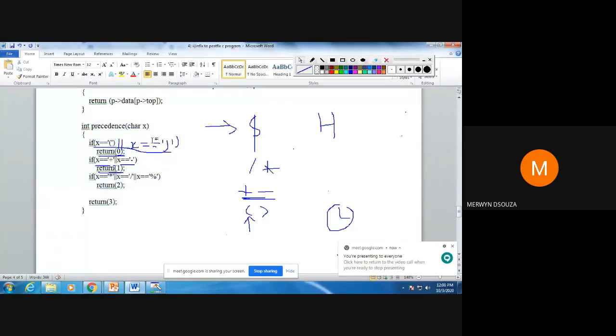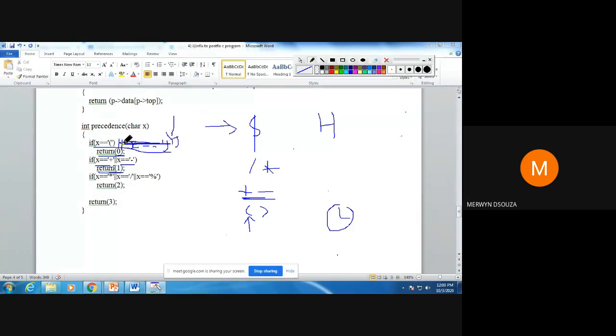Okay, it's because of step 5 of your algorithm. What does your step 5 say? If you see step 5, we never add our closing parenthesis to the output, or we never add the closing parenthesis to the stack. We just check if the closing parenthesis is encountered in the input.